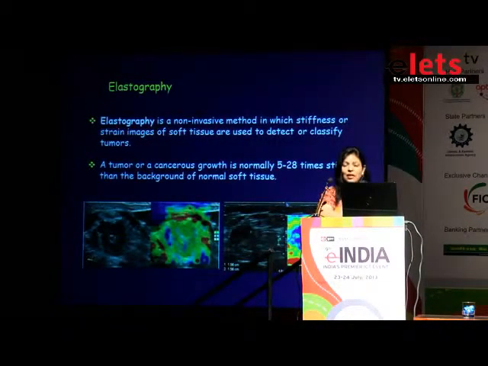Elastography, again, something that everybody is doing now, everybody is talking about now. This is a unique mechanism, a new technique which gives you information about the stiffness of a tissue. This kind of information is not given by any other imaging modality that we have till now. It's color coded, or you can also quantify it by using strain ratios. You can just compress the tissue, or you can use some shear waves to compress the tissue and then see how that tissue is responding to pressure.